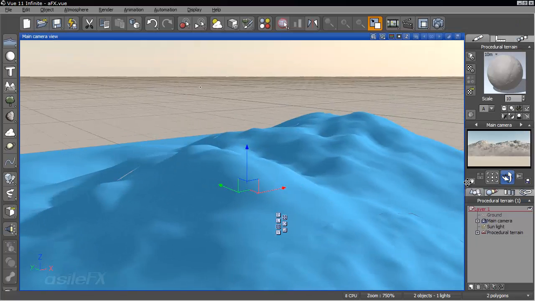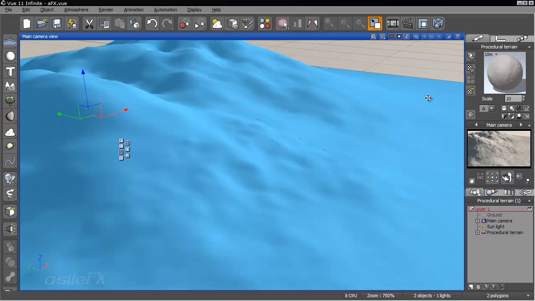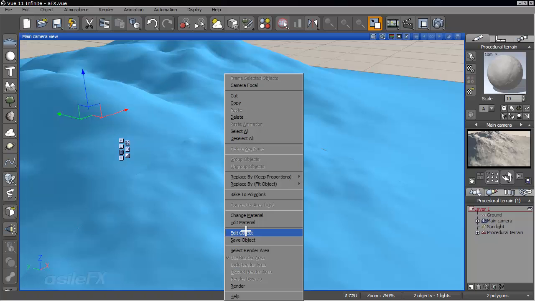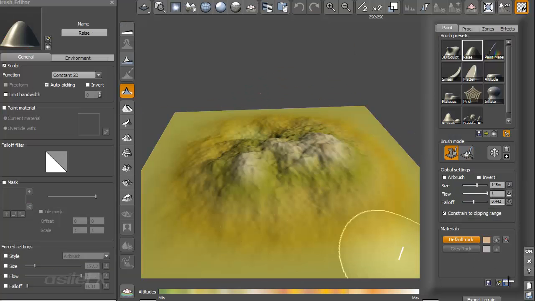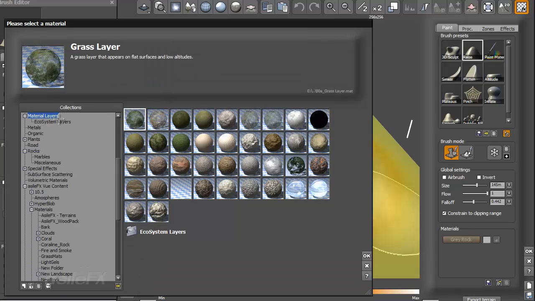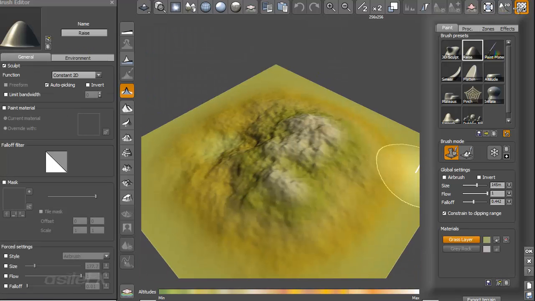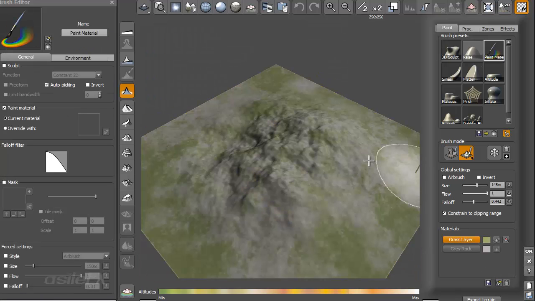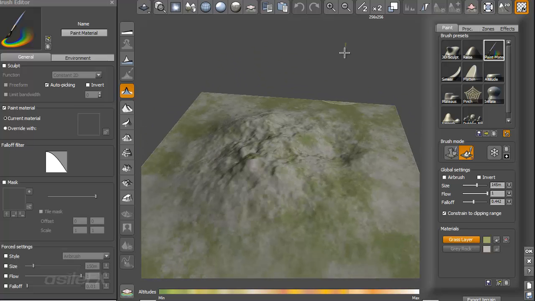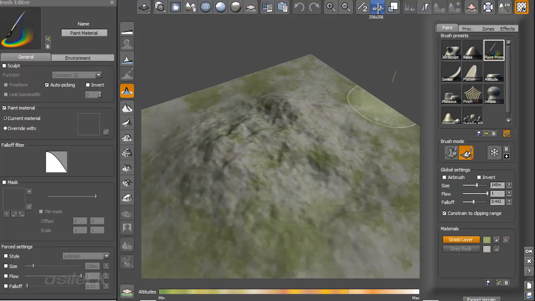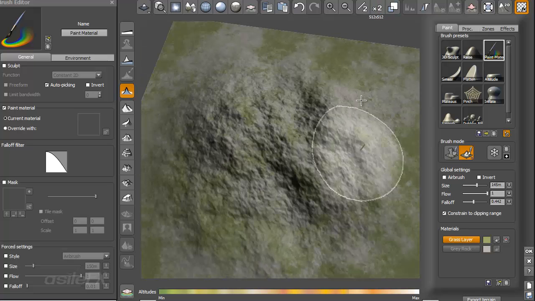Now, because of the way that's set up, and because nothing has been painted, it is going to show that way in the editor. I'm going to go ahead and switch to the Raise tool and delete that layer. And we're going to add in, from material layers, the grass layer. Click OK. And now when we switch to paint material, we're going to see that grass layer showing up with the alpha. Now I'm going to go ahead and increase the resolution of the terrain just to 512, and now